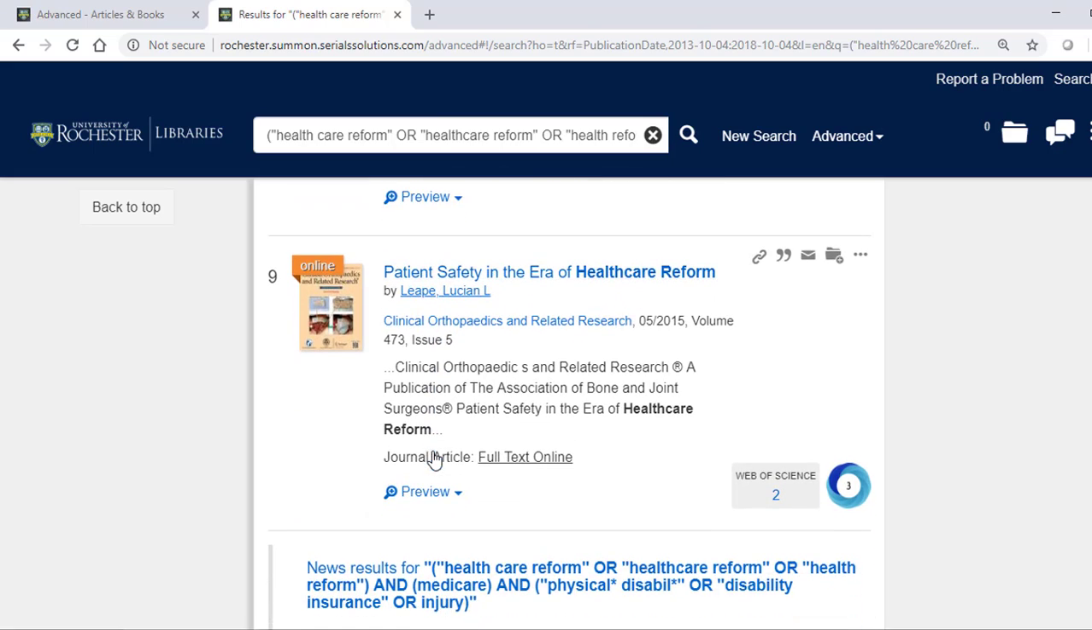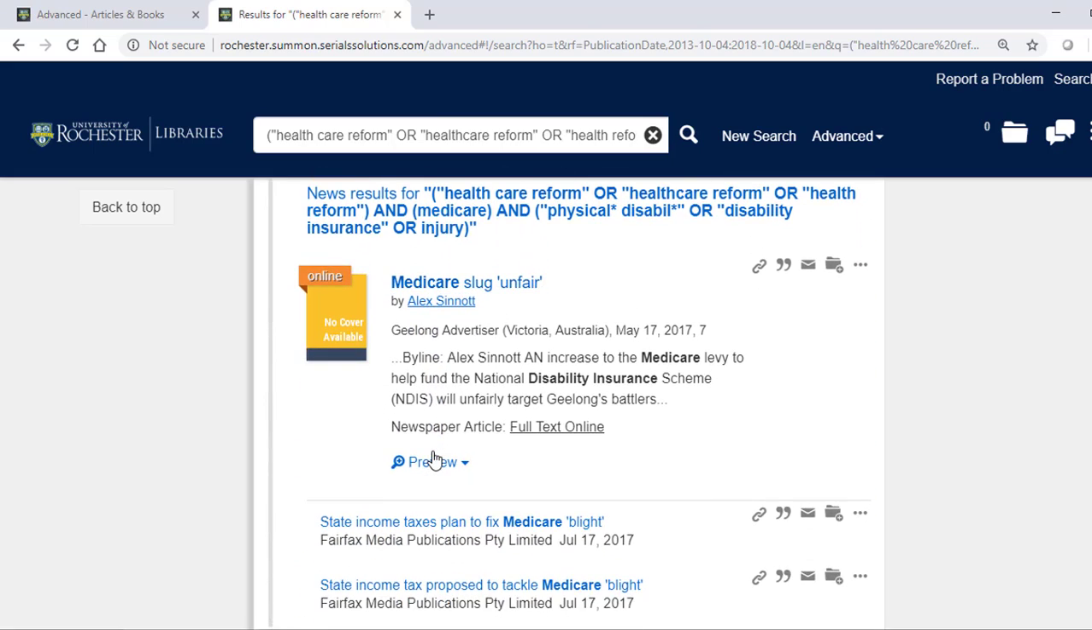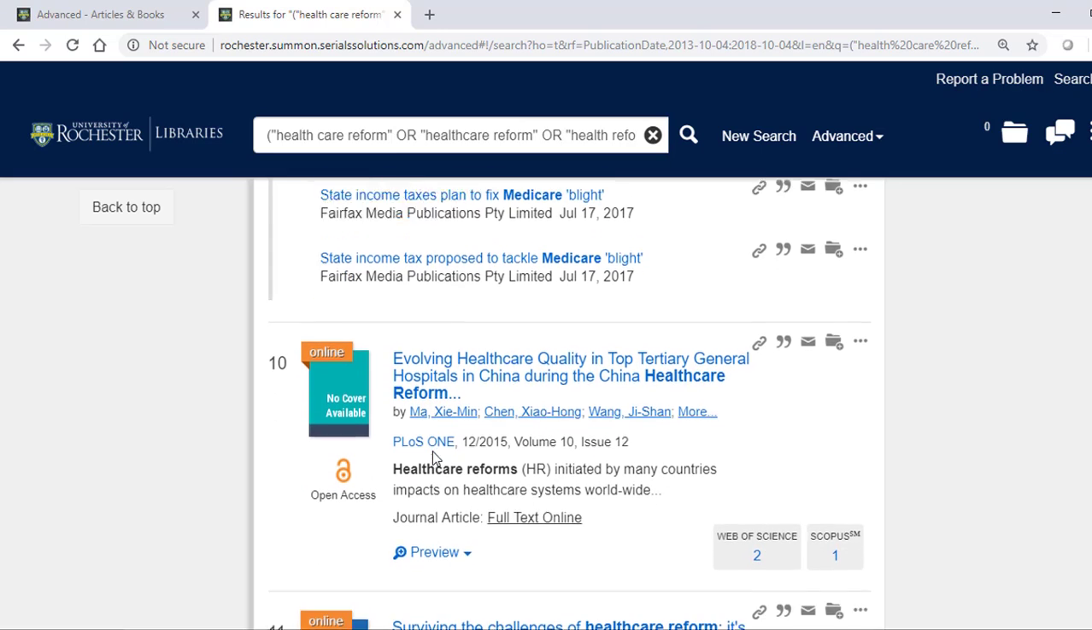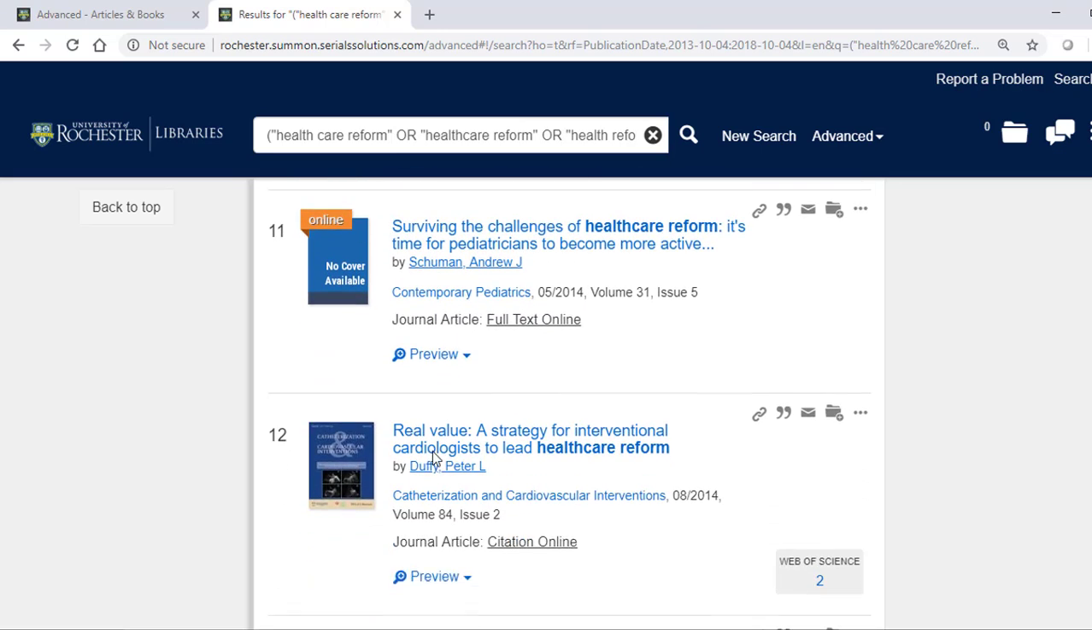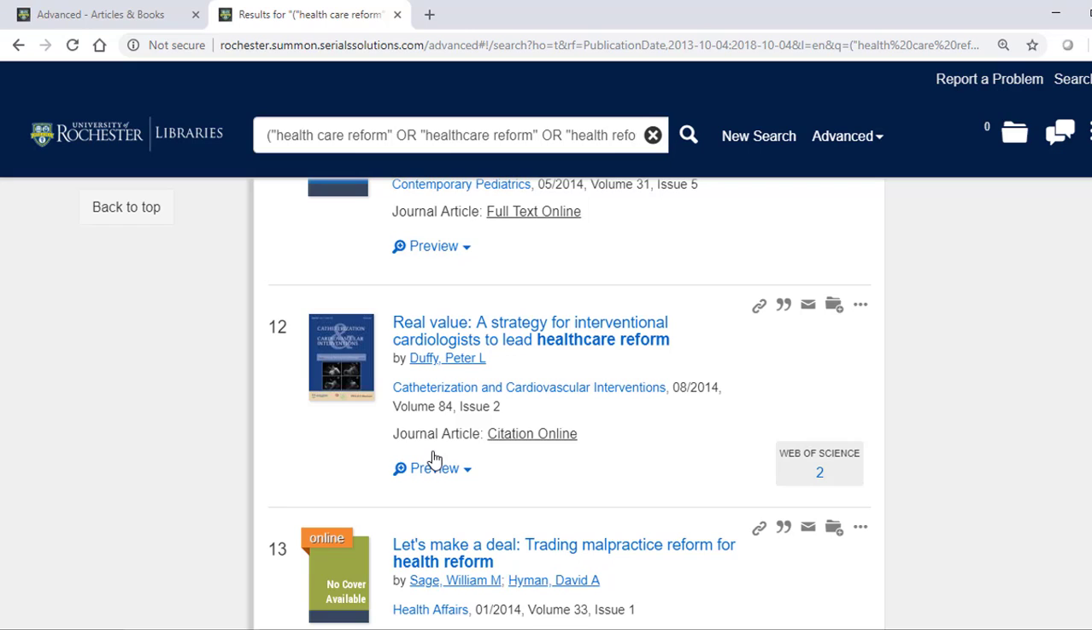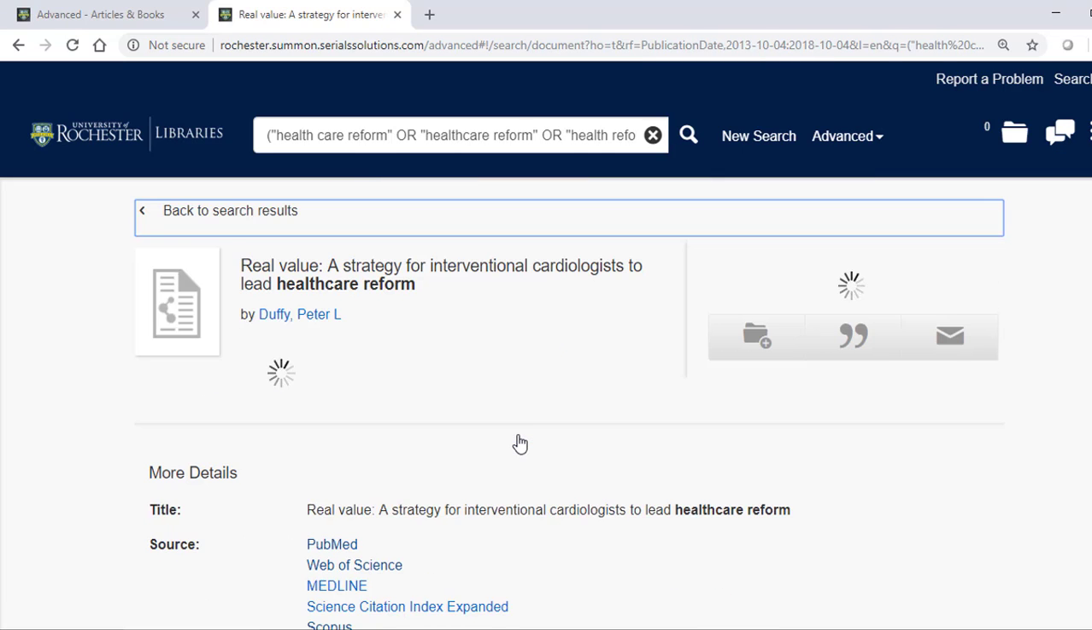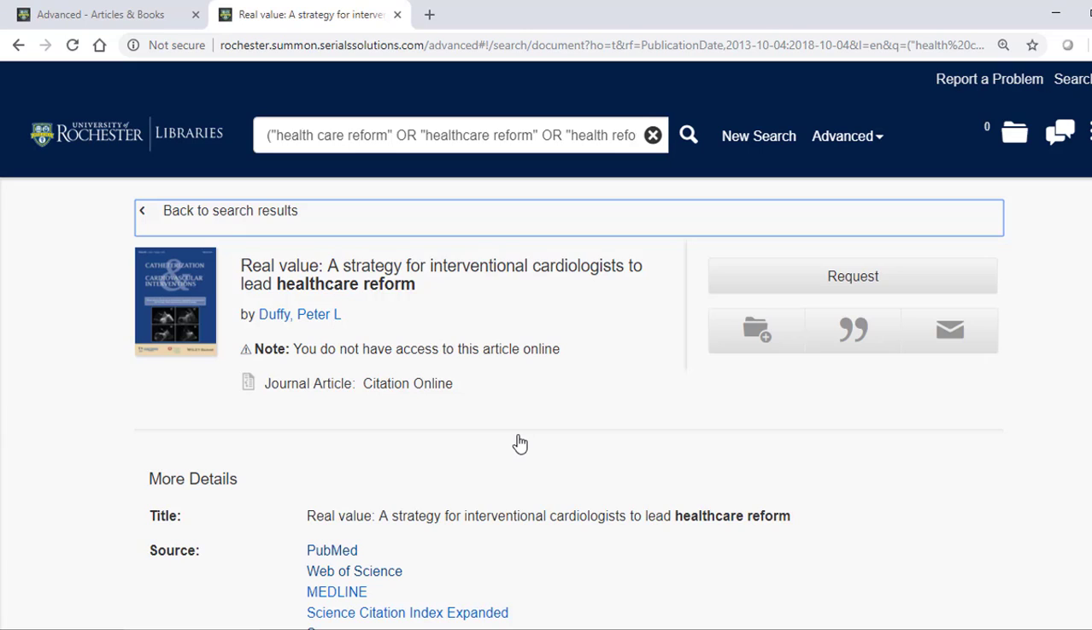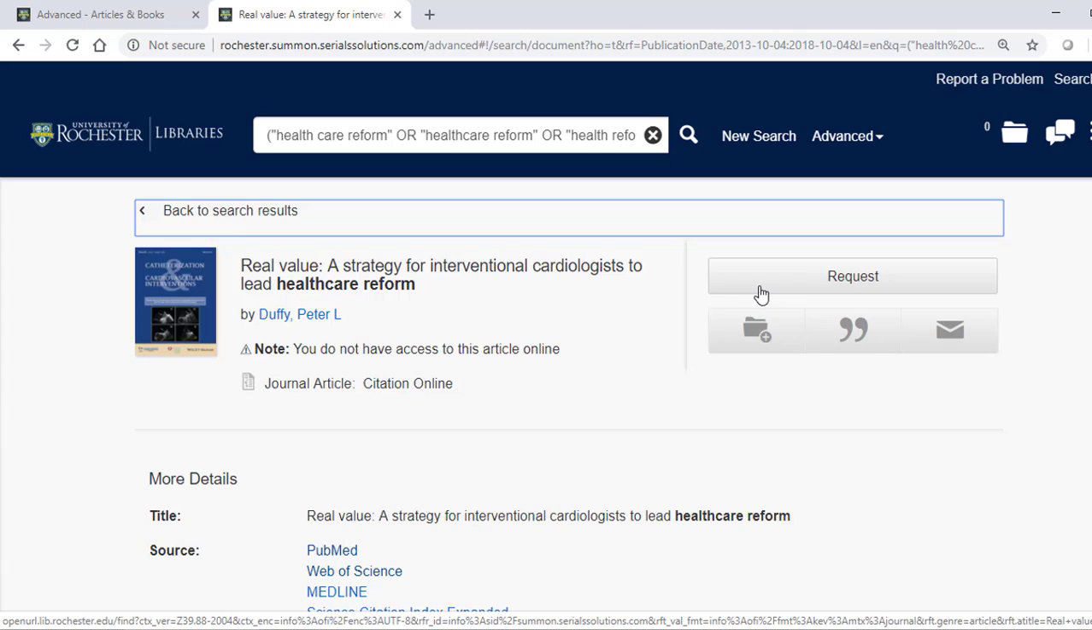All right, I'm trying to find an article that might only have the citation. Oh, here we go. Okay, so here's one that only has the citation online. In case you don't know what that means, we might not have actual access to the article. So it will bring me to a screen that looks like this. And even though we don't have access to the full text, I can still request the article through interlibrary loan,